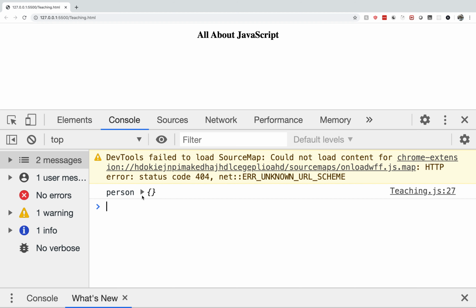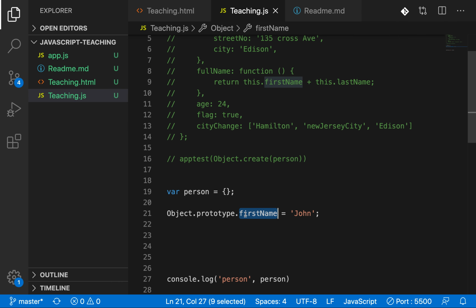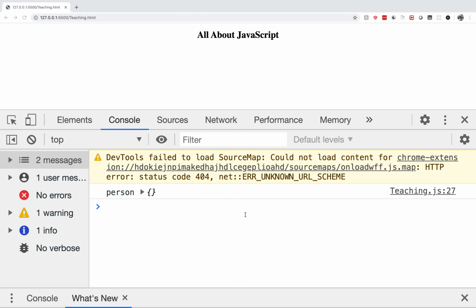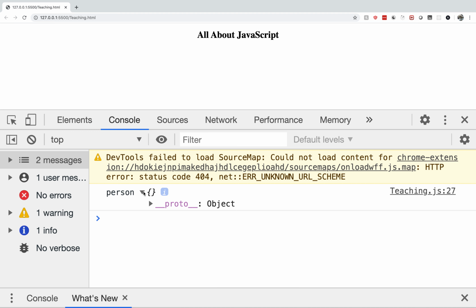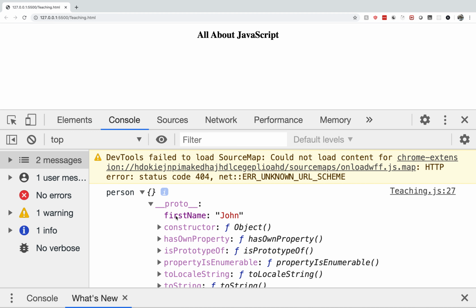We got a person, and person is an empty object, but we defined the first name, right? Where is that first name? As I said, it is defined in the secondary object, which is the prototype. You see here, first name is defined, and the main object can inherit this first name.